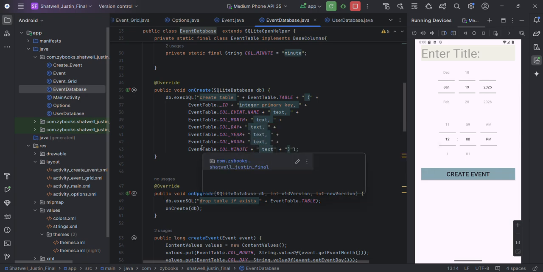I would like to add a string field for an event description. And then the more complicated thing is I would like to store an image for each of the events. So that'll likely be saved as a bitmap. And that is not something I've implemented yet, so that'll be a good